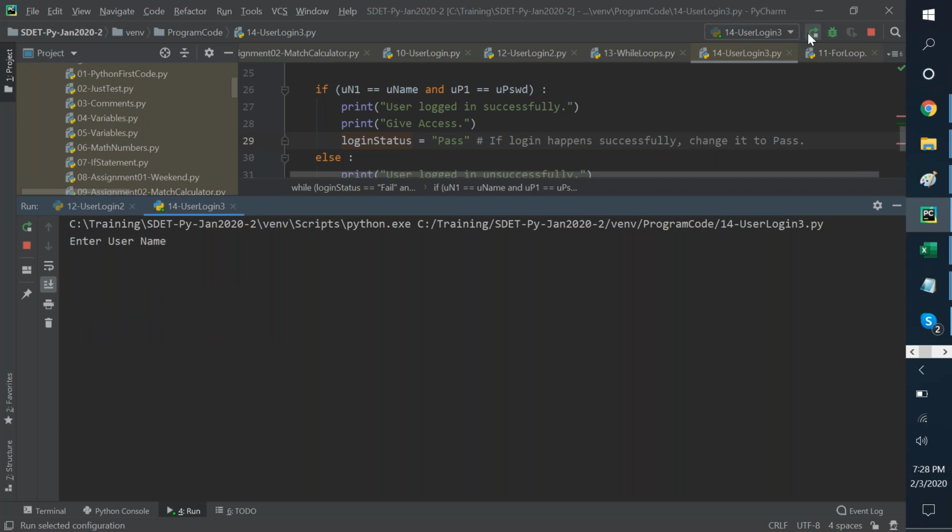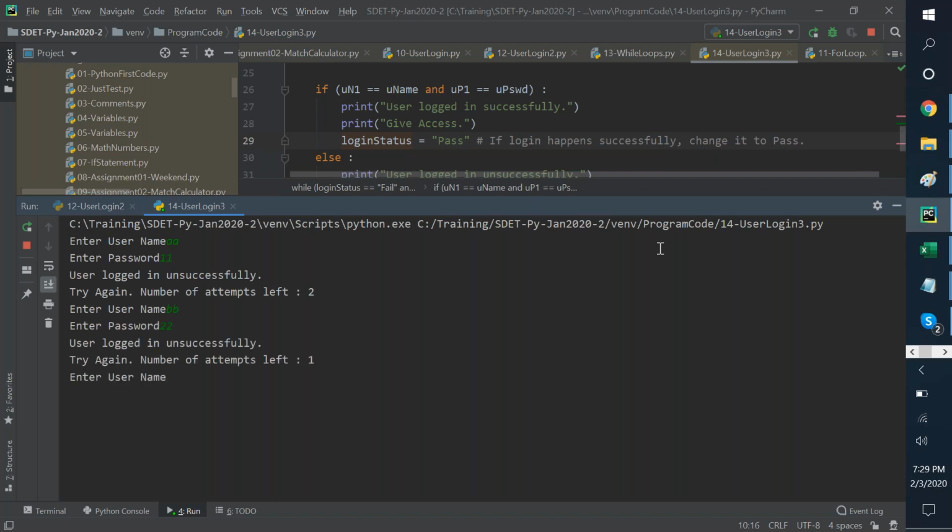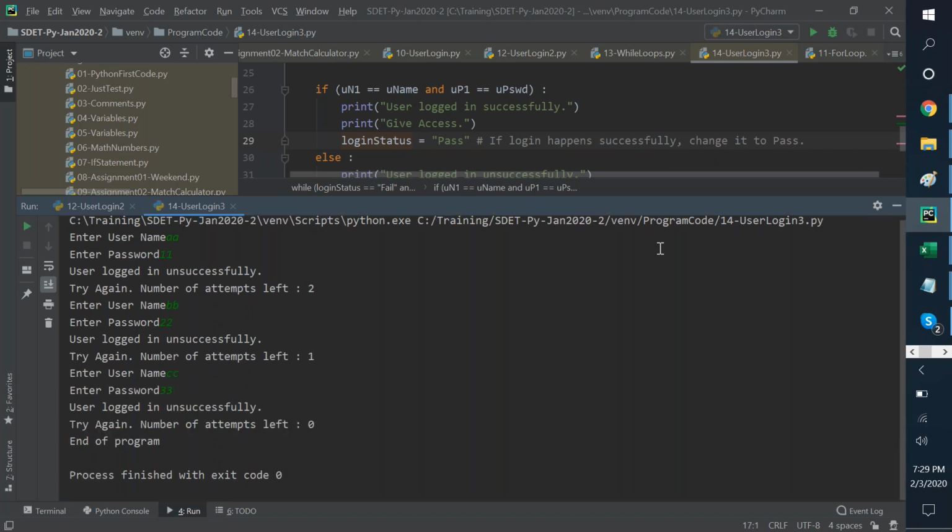Now let's say I enter A 1. User logged in unsuccessfully. Try again. Number of attempts left 2. That's correct. BB 2. User logged in unsuccessful. Number of attempts left 1. CC 3. User logged in unsuccessful. Try again, number of attempts left 0, end of program. So that's also fine. We can further make a change to it where it's saying that, sorry, you've had enough